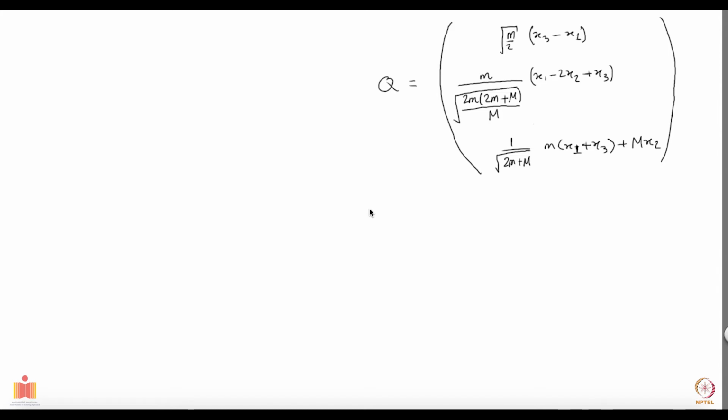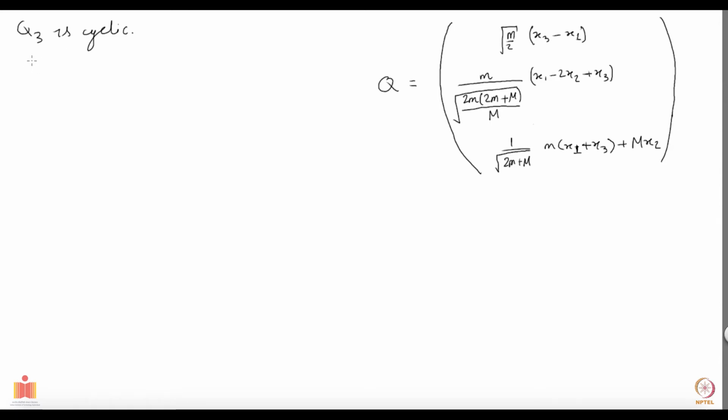Okay, so here I have written down the normal coordinates. Let's first settle the Q3. As I have said several times before, Q3 is cyclic. It doesn't appear in the Lagrangian because the corresponding eigenvalue lambda 3 is 0, so that term will not appear. Q3 will not appear, but there is a kinetic term corresponding to Q3.